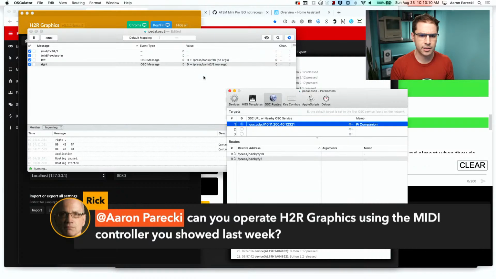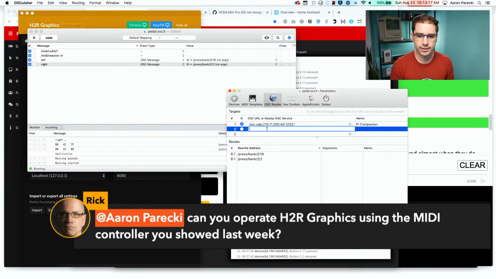Gosh, where did I do that? There it is, yeah. So I would have to go in here and add a new OSC service. 127.0.0.1, wherever it's running, and this is H2R.